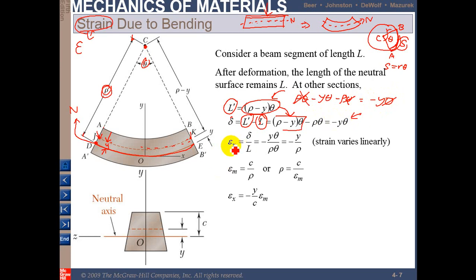So strain in the x direction is equal to delta over L, as we discussed before. This is the equation for strain: strain is equal to the final length minus the original length, over the original length. This can also be simplified into delta over L original. So this delta is equal to this one, the same. This delta is actually L prime